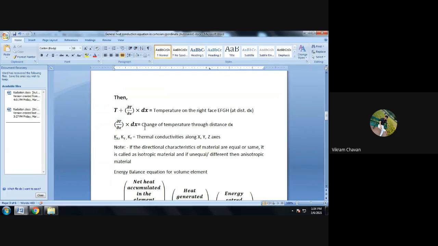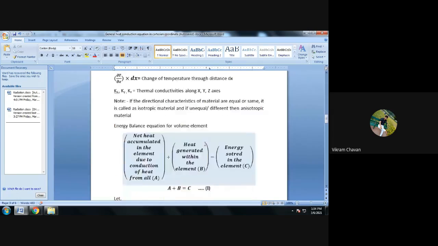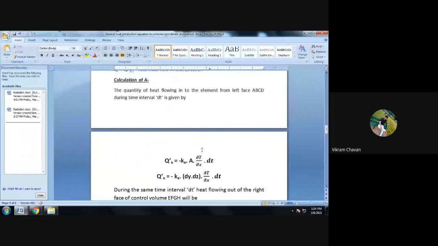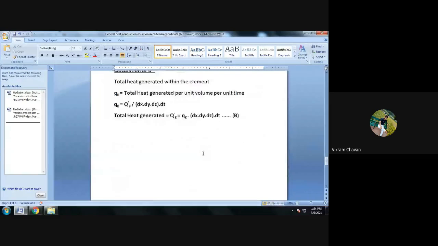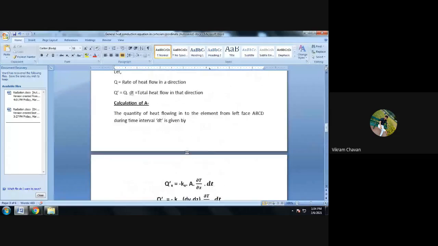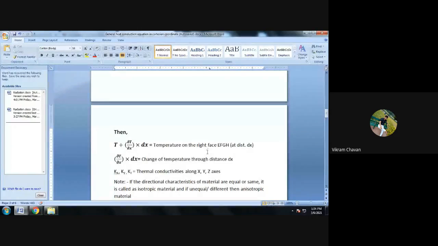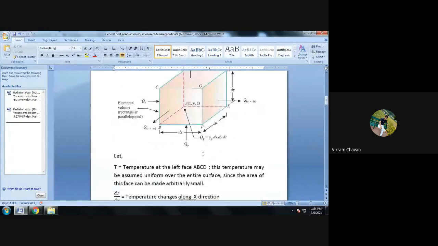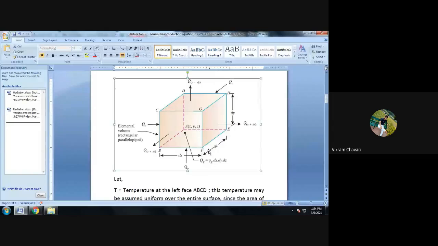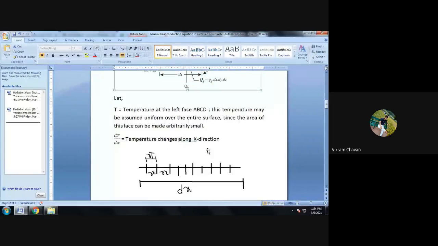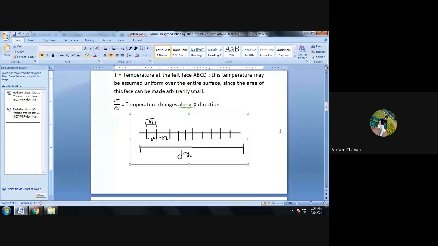Okay, so for further things, the derivation is too long and more concentration is required to understand it. So we'll stop here. If you have any doubt, any question, you can ask. Try to understand the figure, that is this particular diagram, and try to match up the situation. Okay, so that's it from my side.